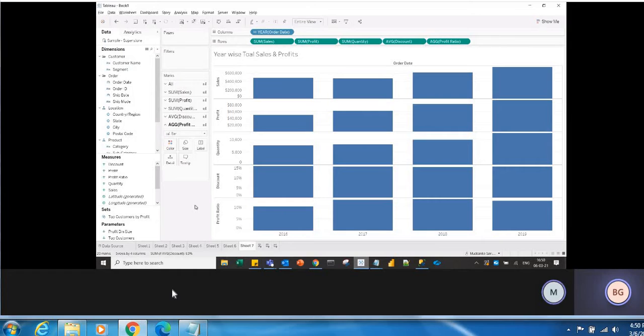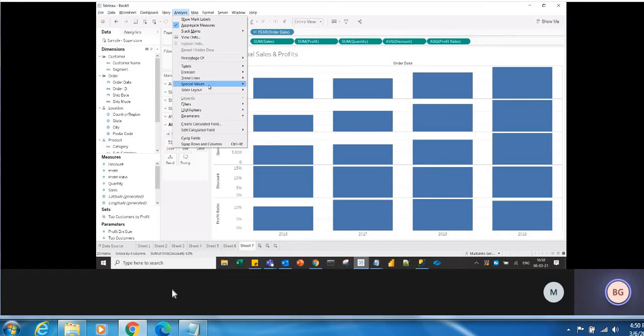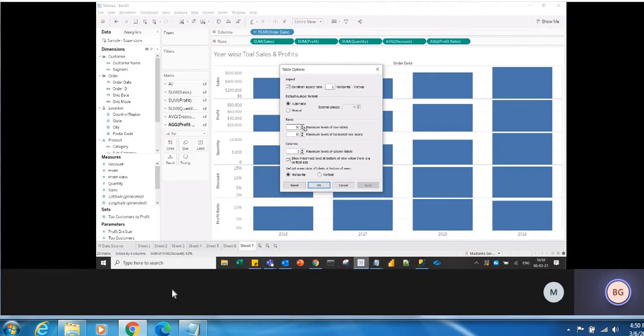Okay, but if you want to drag up to 50 you can drag it. I showed you how to increase the number, right? In the analysis, in the table layout, go to advanced. Here you can increase the rows or column numbers, right? So up to 50 is what you can give, but advisable is 16.